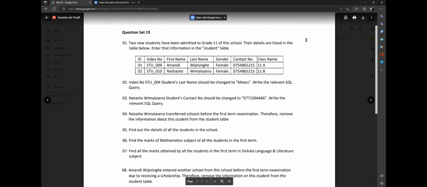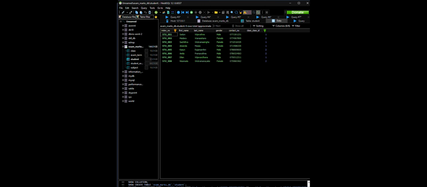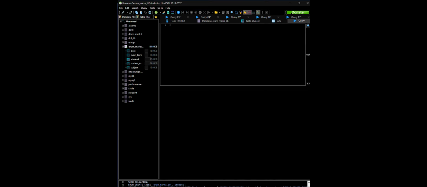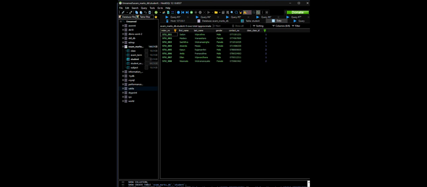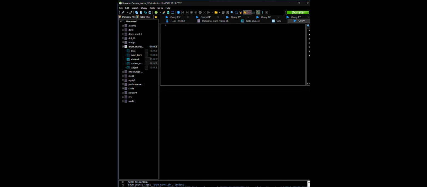Alright, so let's answer this question in our HeidiSQL. As you can see, we are in a student table here. So now we have to make sure that we insert two new students. We have 8 here, so we need to insert 2 more. So I'm going to write insert into student. Basically the columns which we are going to fill: the index number, first name, last name,